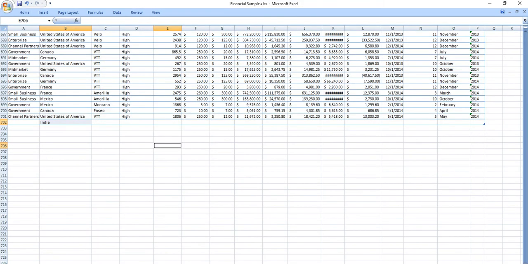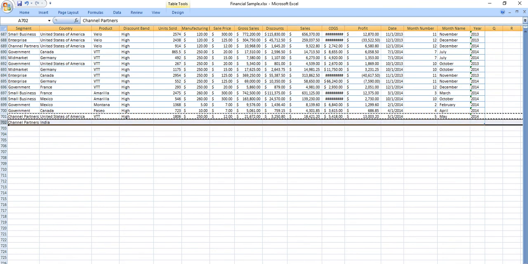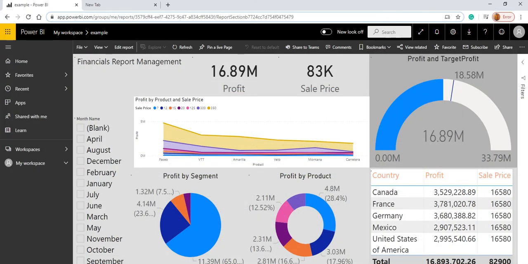So I will add some fields to this. I will copy this whole thing and paste it here, and add India. That's it. Now save it and go back, and I will refresh it from here.